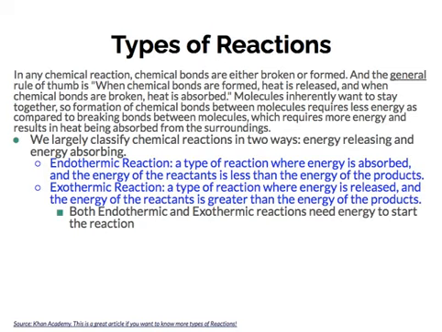So we classify those chemical reactions in two ways: energy releasing and energy absorbing. An endothermic reaction is a type of reaction where energy is absorbed and the energy of reactants is less than the energy of products. An exothermic reaction is the opposite. It is a type of reaction where the energy is released and the energy of the reactants is greater than the energy of the products. But both reactions need an input of energy to get started. So now we're going to look at these